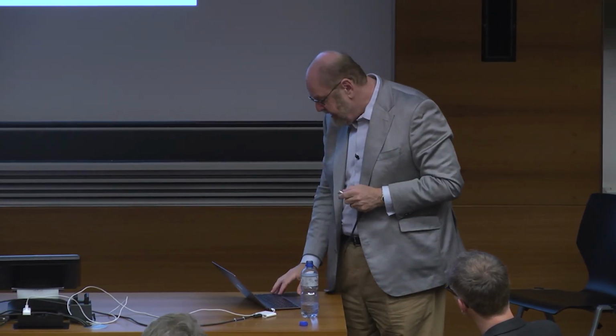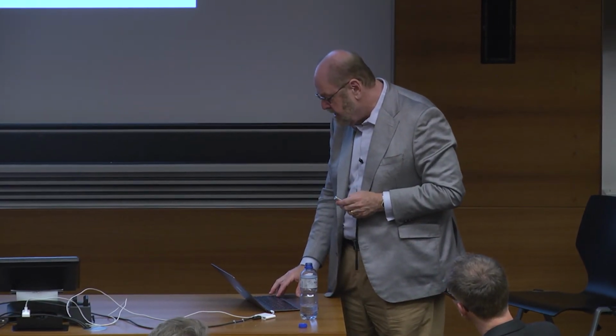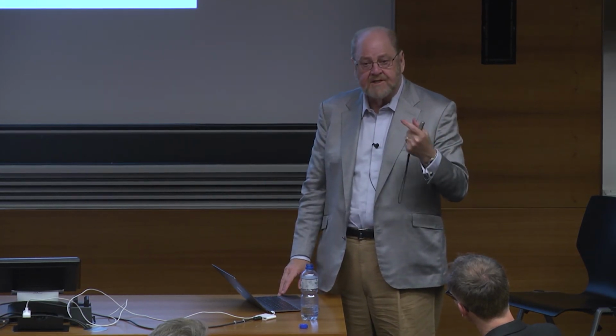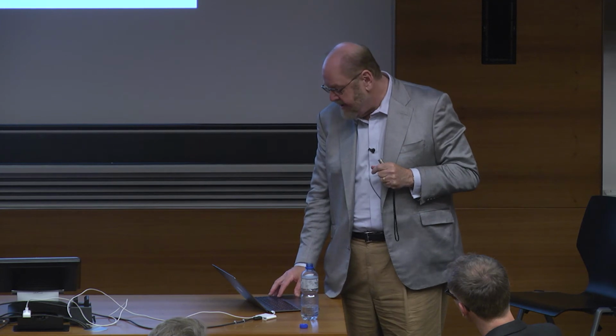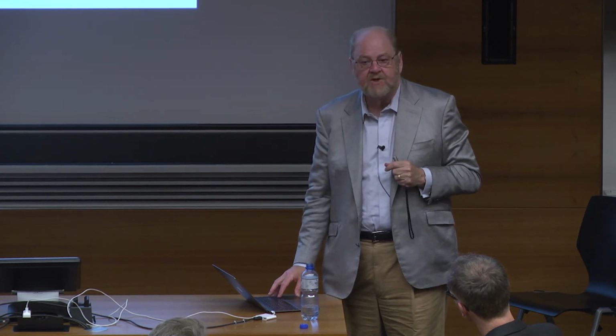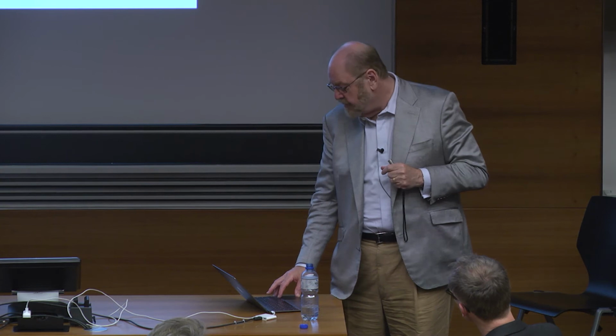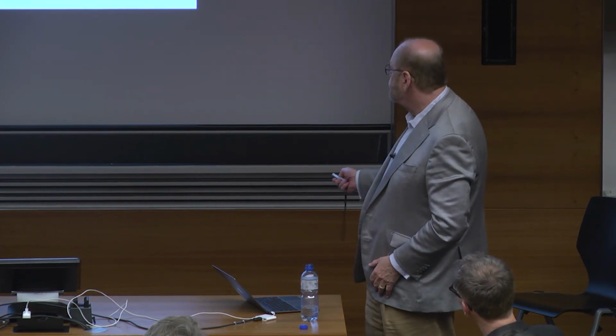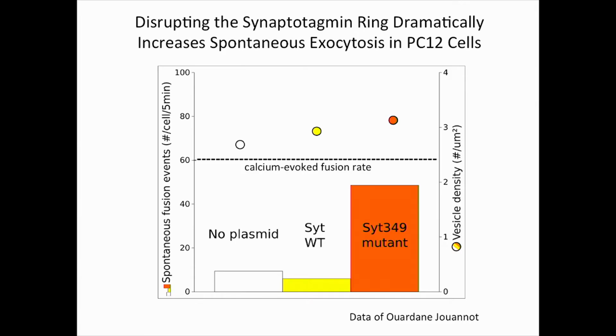So we've begun to test this in collaboration with colleagues at UCL in neurons, but we don't have our first results yet. But we do have a poor man's version of the neuron called the PC12 cell that we're capable of working on at Yale. And this is the work of Warden G1, another postdoctoral fellow. And these cells are deleted for synaptotagmin 1. They, however, have other synaptotagmins in them that are present.